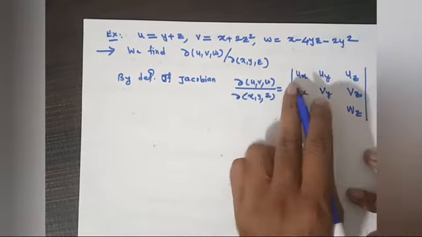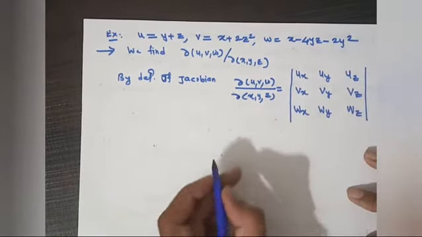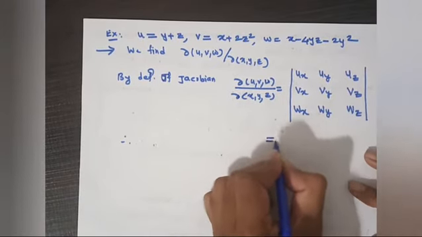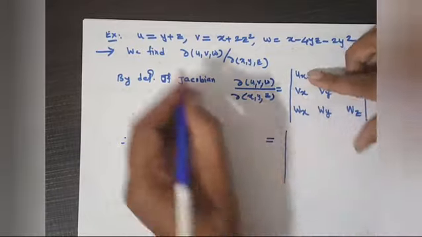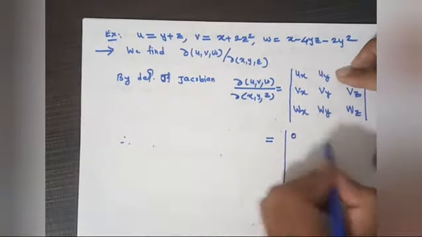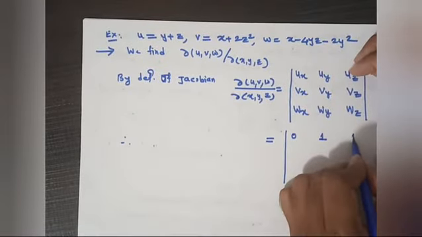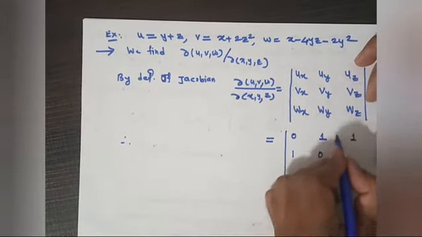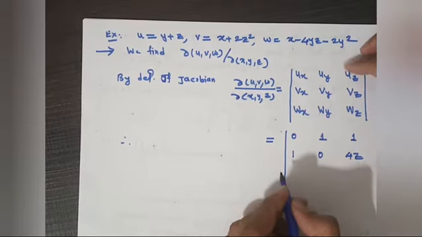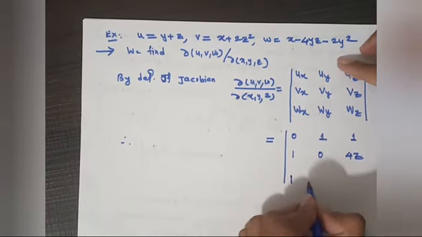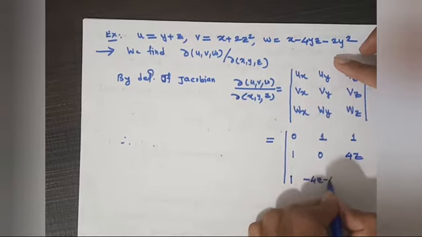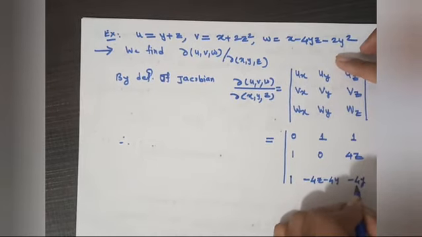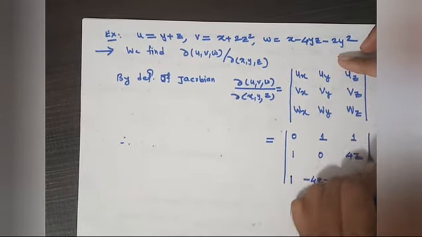Calculate this Jacobian. What is ux? Ux means the partial derivative of u with respect to x. Therefore, the value of this Jacobian is equal to: the partial derivative of u with respect to x is 0, u with respect to y is 1, and u with respect to z is 1. V with respect to x is 1, v with respect to y is 0, v with respect to z is 4z. W with respect to x is 1, w with respect to y is 4z minus 4y, and w with respect to z is minus 4y. Now solve this